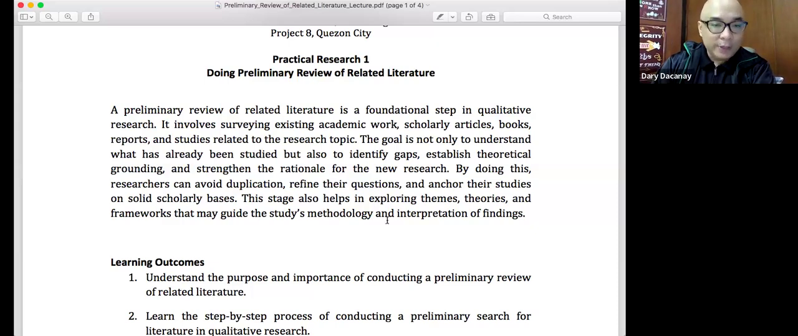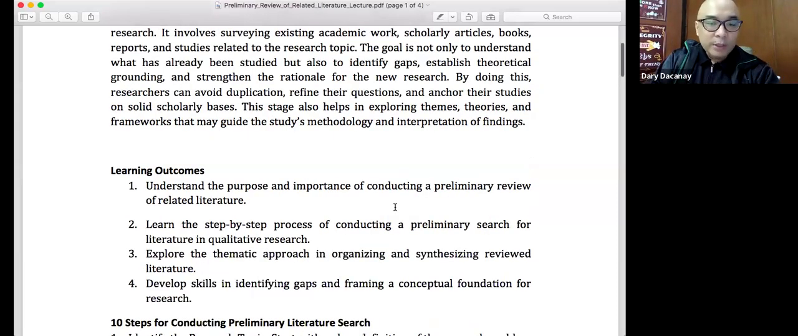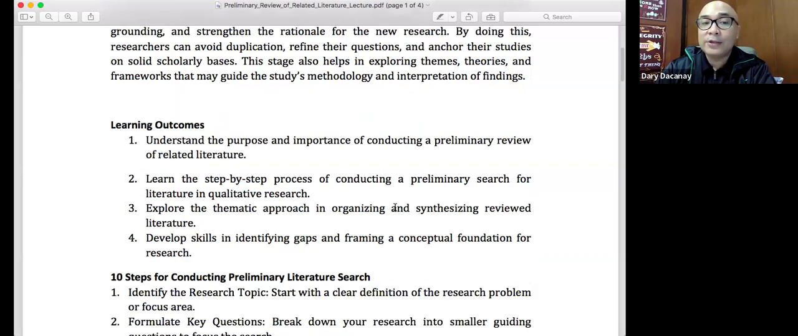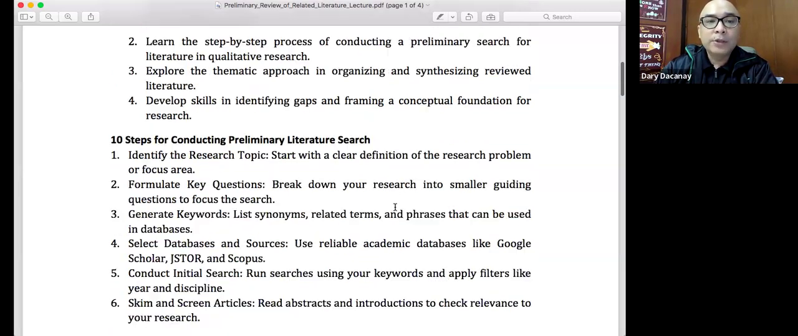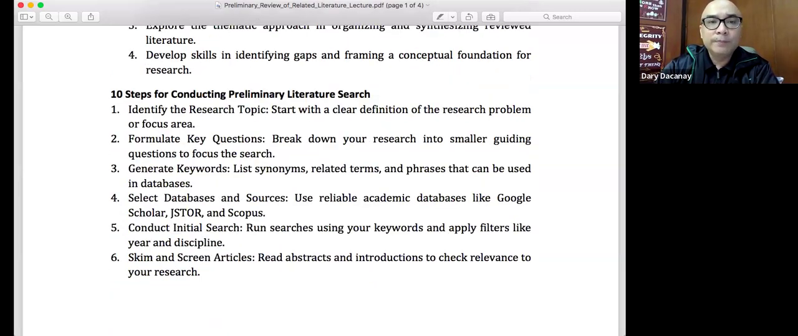So these are some of the learning outcomes. We have around 4 for you to understand the purpose and the importance of conducting a preliminary review of your related literature. Learn the step-by-step process of conducting a preliminary search for literature in the qualitative research. Explore the thematic approach in organizing and synthesizing reviewed literature, and develop skills in identifying gaps and framing a conceptual foundation for research. Now, these are the 10 steps in